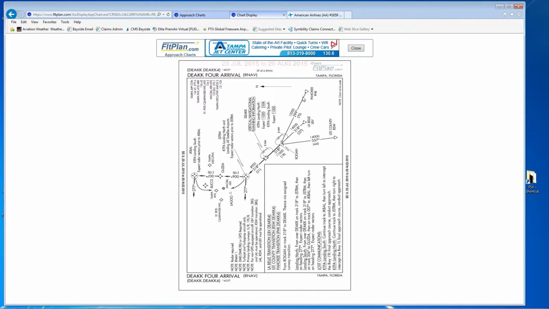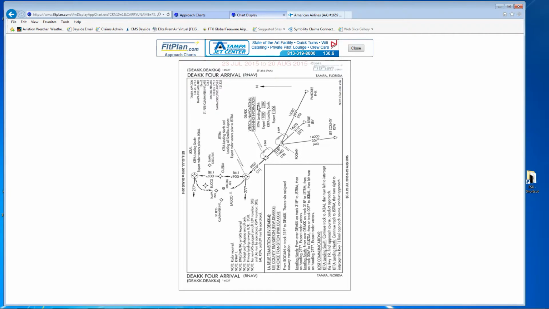All right, so what you want to do is find your transition into the area, which is LaBelle. And here we have LaBelle, LBV. Okay, once we get to LaBelle, we're now exiting J43 highway, and in about 37 nautical miles, we'll get to Rogan. Then we'll continue on a 318 heading, and in 18 nautical miles, we'll get to Deke. Now Deke has a set of instructions for us, which says